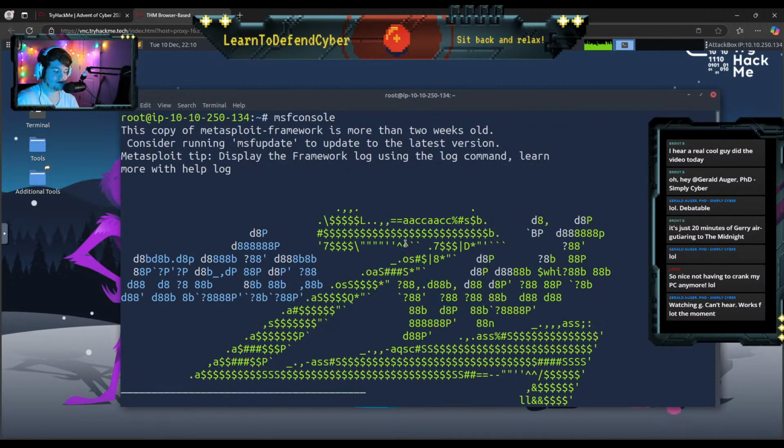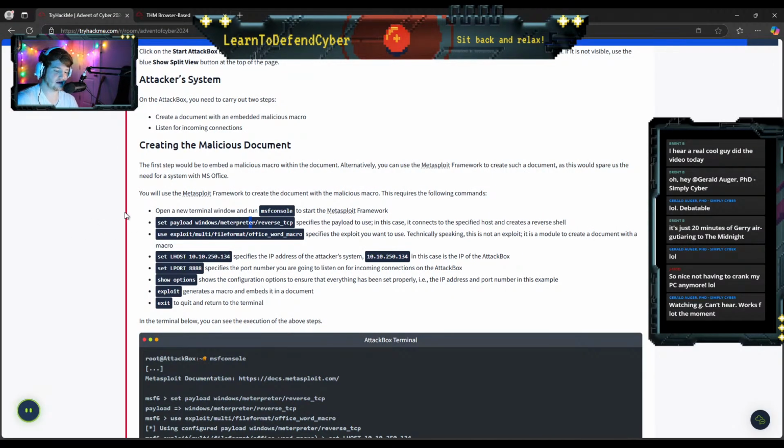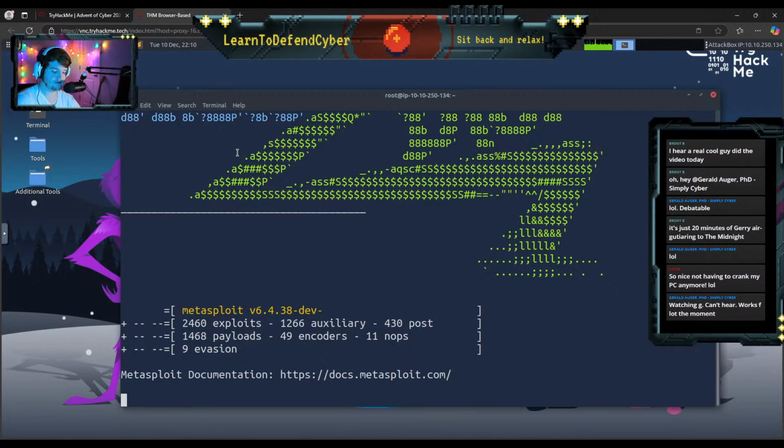So you always get a cool little GUI thing when Metasploit starts up, and it looks like we got it loaded. So let's see what they want us to do. Looks like we're going to be setting the payload to Windows Meterpreter Reverse TCP. So take that command, set payload,